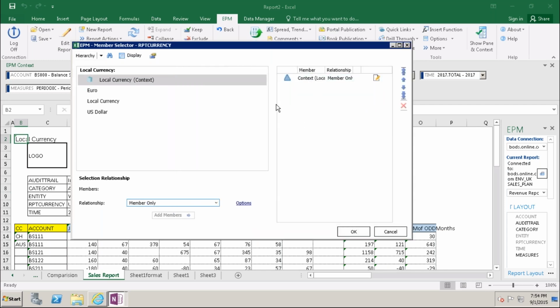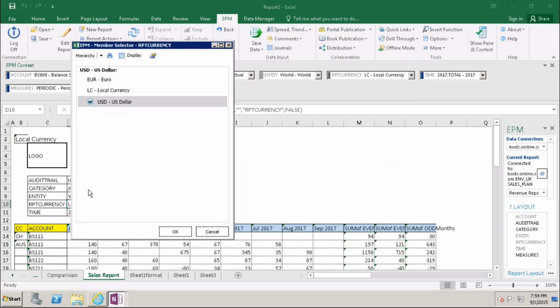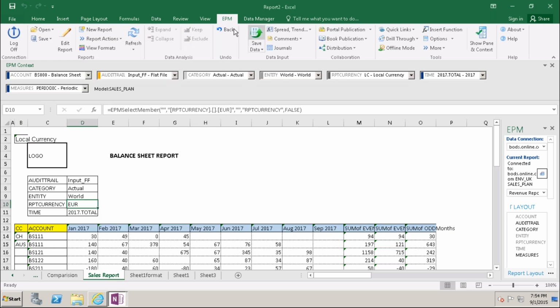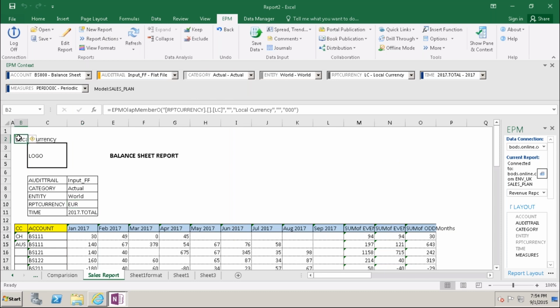Context member of local currency, refresh here.